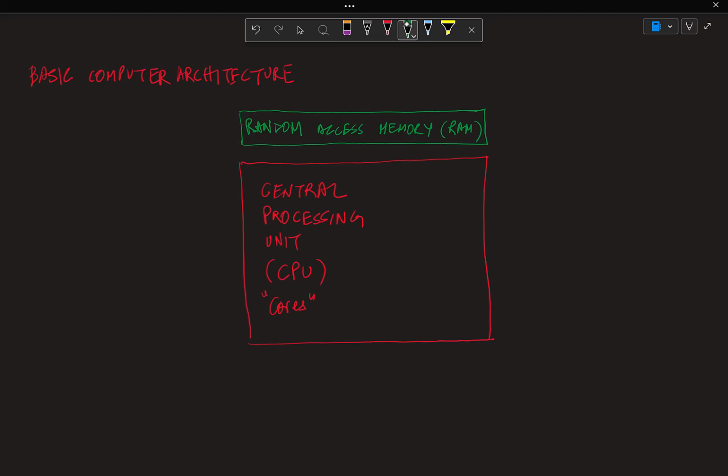And the random access memory, or RAM, is where data is stored. And so data can either flow from the RAM to the CPU, or it can flow from the CPU back to RAM. Now, in addition to the random access memory, or RAM, there is also